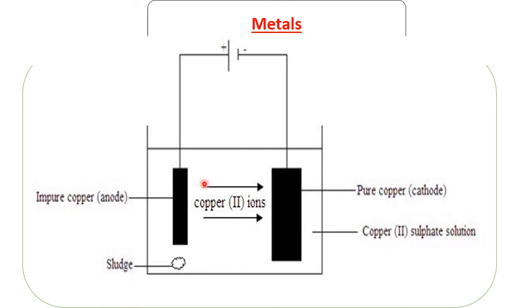So they will be moving looking for electrons. And we know where we have lots of electrons is at the cathode. Cathode, the negative electrode, has lots of electrons. So the copper 2 ions are going to move to the cathode to get 2 electrons to